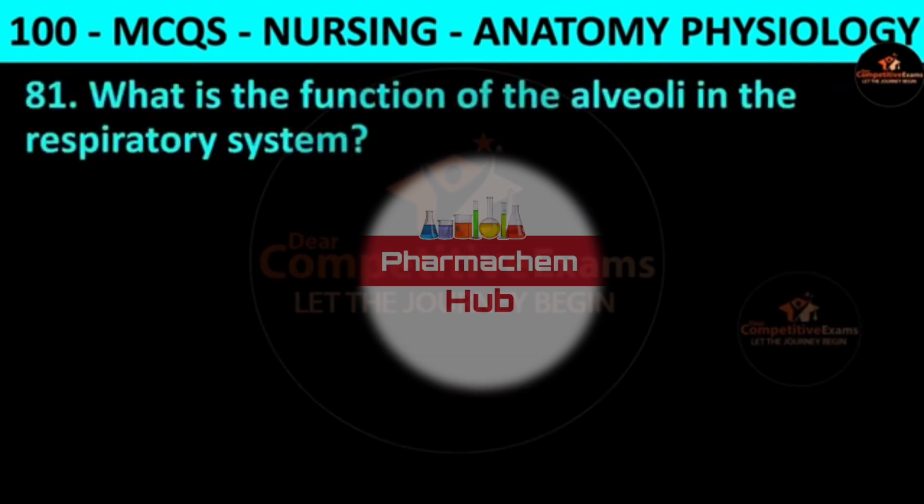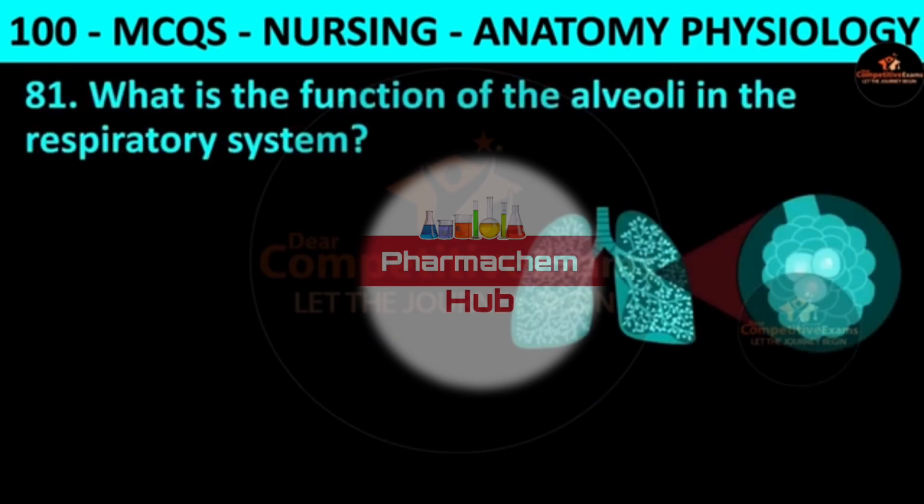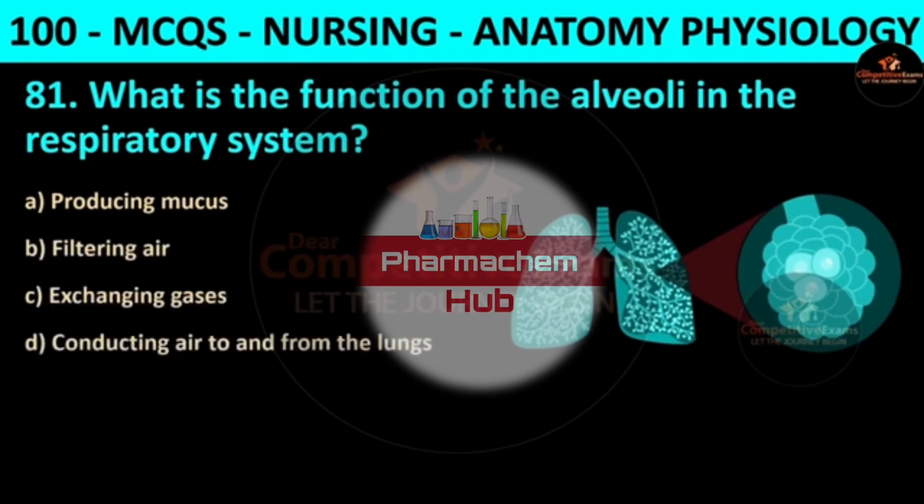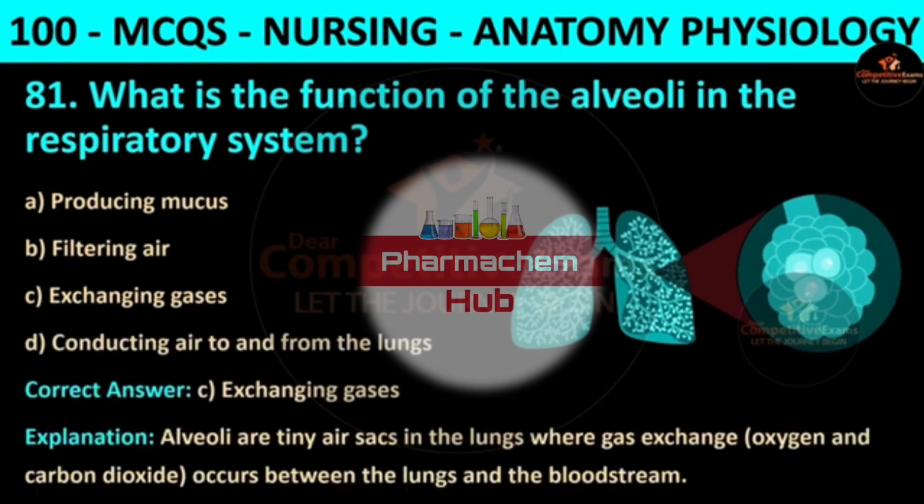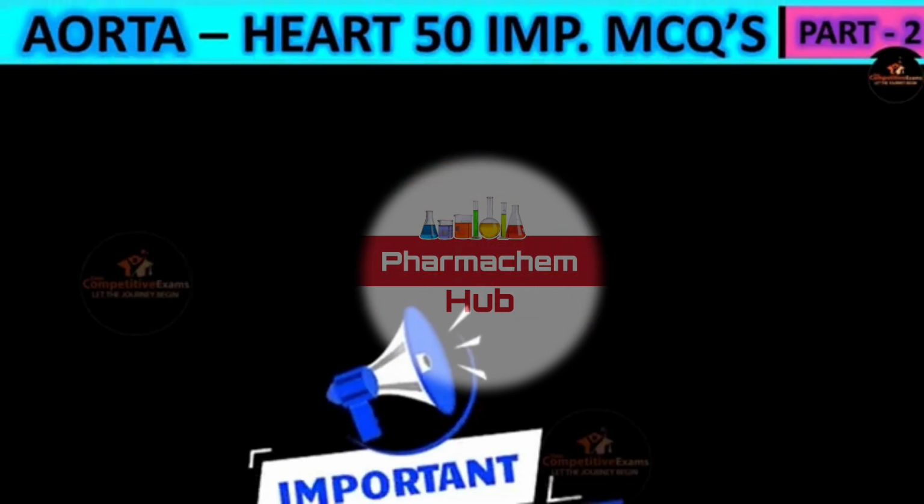Question number 81. What is the function of the alveoli in the respiratory system? The options are: producing mucus, filtering air, exchanging gases, or conducting air to and from the lungs. And the correct answer is exchanging gases. Alveoli are tiny air sacs in the lungs where